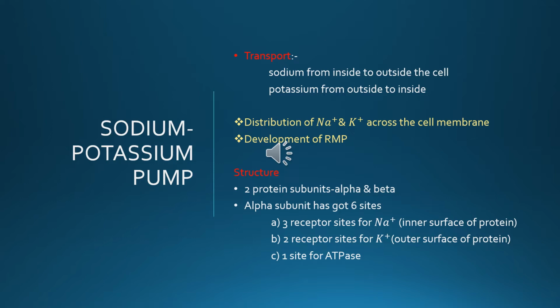The function of beta unit is not so known. The alpha unit has got 6 sites. 3 sites are just the receptor sites for sodium ions which faces towards the intracellular fluid, and 2 receptor sites for potassium ions which is towards the extracellular fluid,